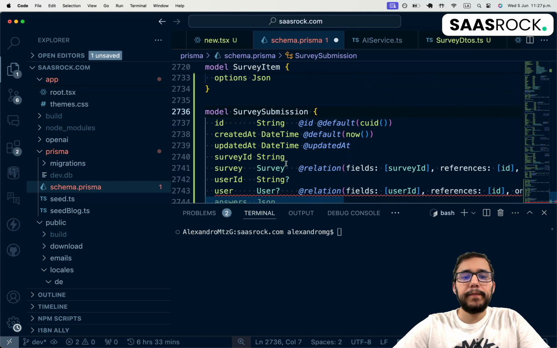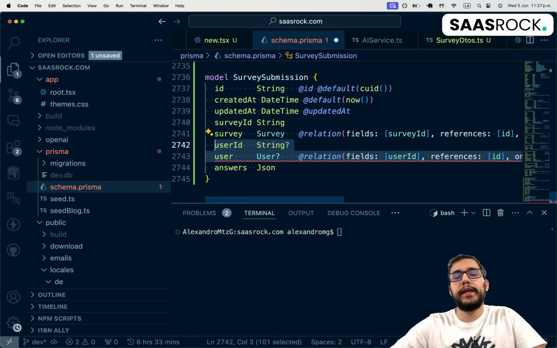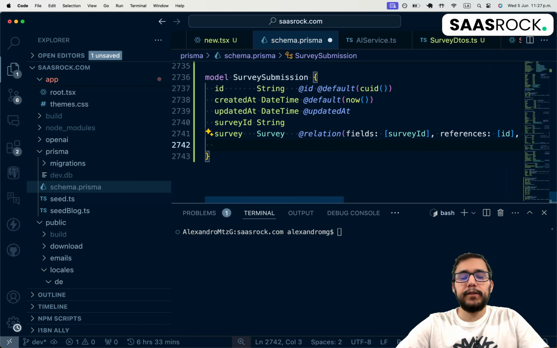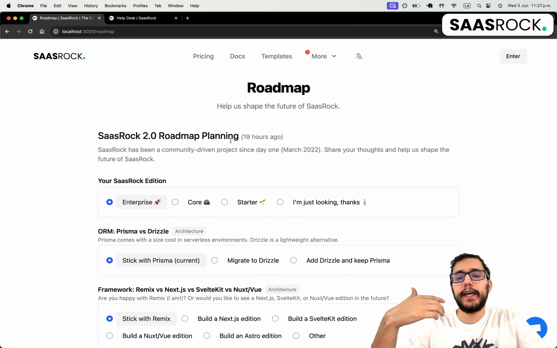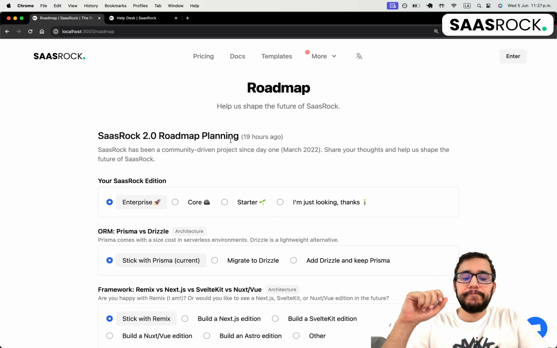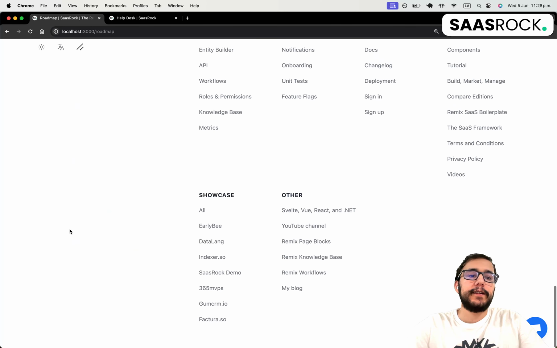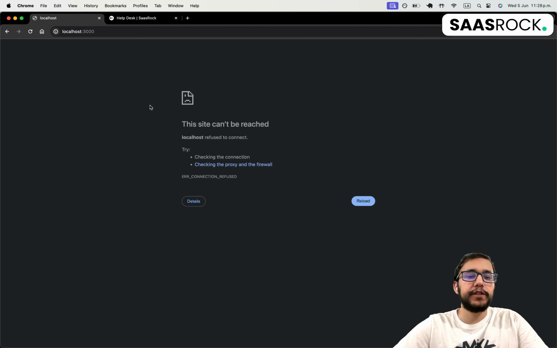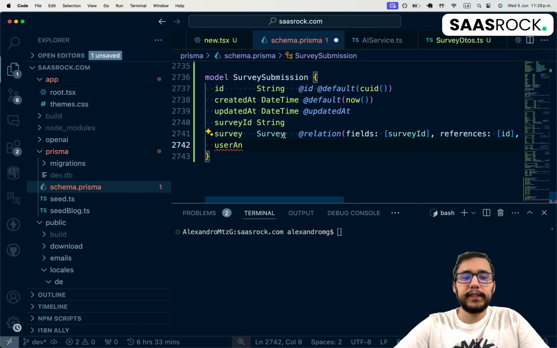And yeah, going back to survey submission, we don't have the user because this can be an anonymous user. What we need is to store unique submissions. So that can be achieved in two ways. One is using the user analytics cookie, which is used for the session, whether it's using light mode or dark mode, the language of the user, and the user session, and the IP address. So user analytics